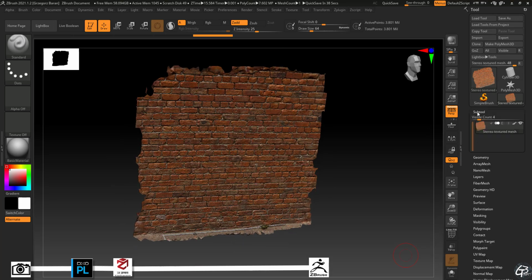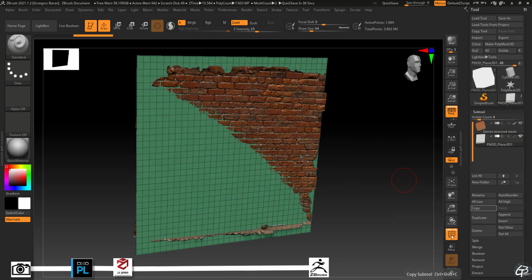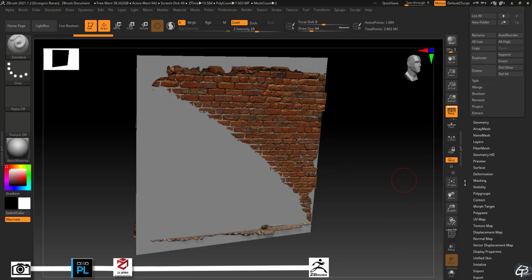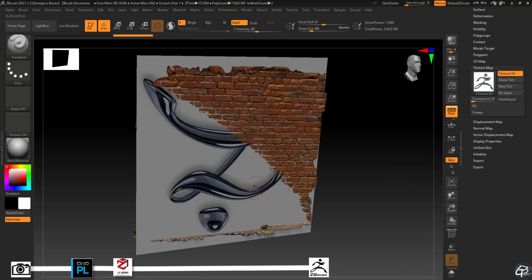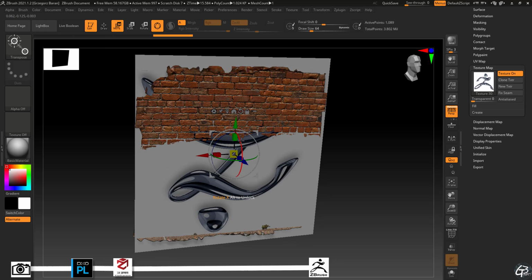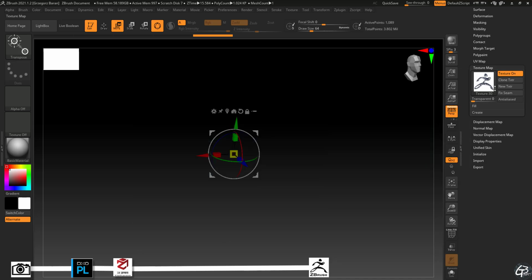Next, let's bring a 3D plane we are going to use as a low poly model. Next, let's apply any texture with readable directions so we can see UV mapping direction. Basically, where is the top and where is the bottom of the texture. UVs in ZBrush are flipped, so in practice the texture which is flipped upside down is correct. So this is the mapping we need. Now we can remove the temporary texture.